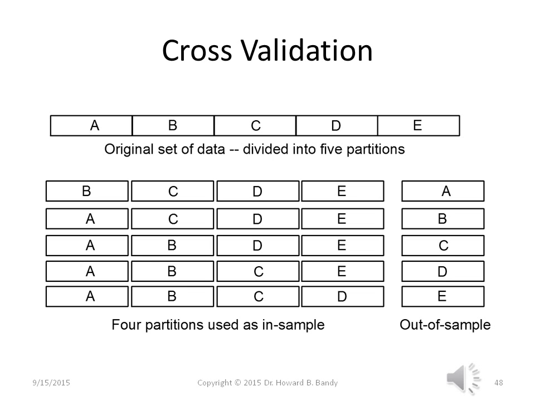It makes another run with a different out-of-sample, and so forth until each of the 5 partitions has been used as out-of-sample, and in each case the remaining 4 partitions are used to build the model. Now, in order for this to work, the model must be stationary across all of those 5 partitions.